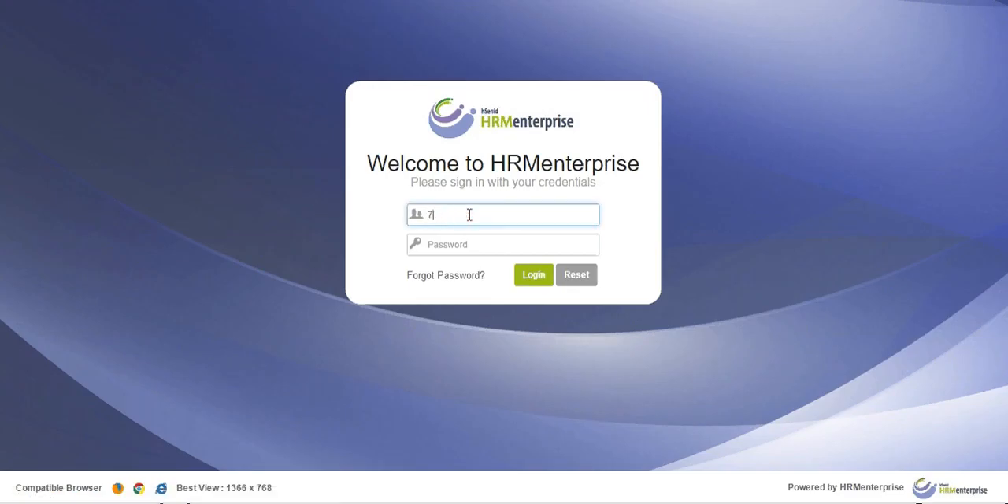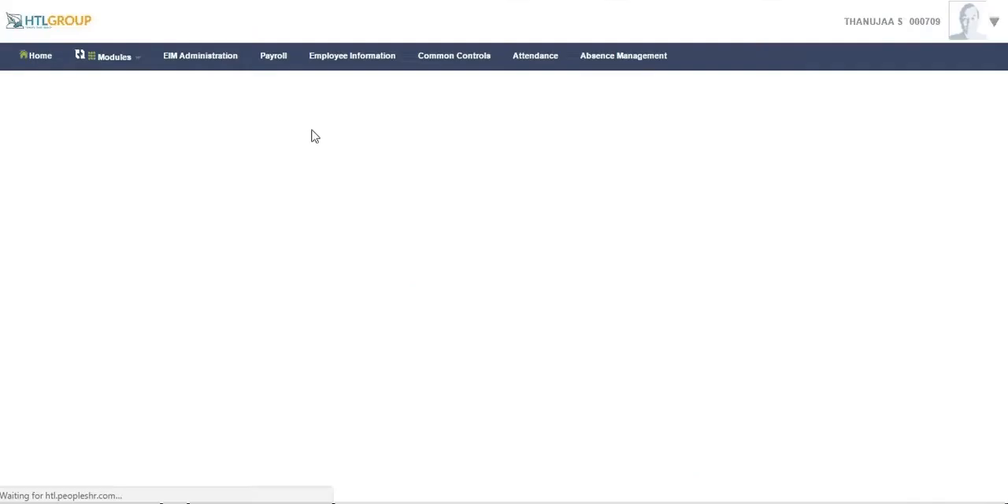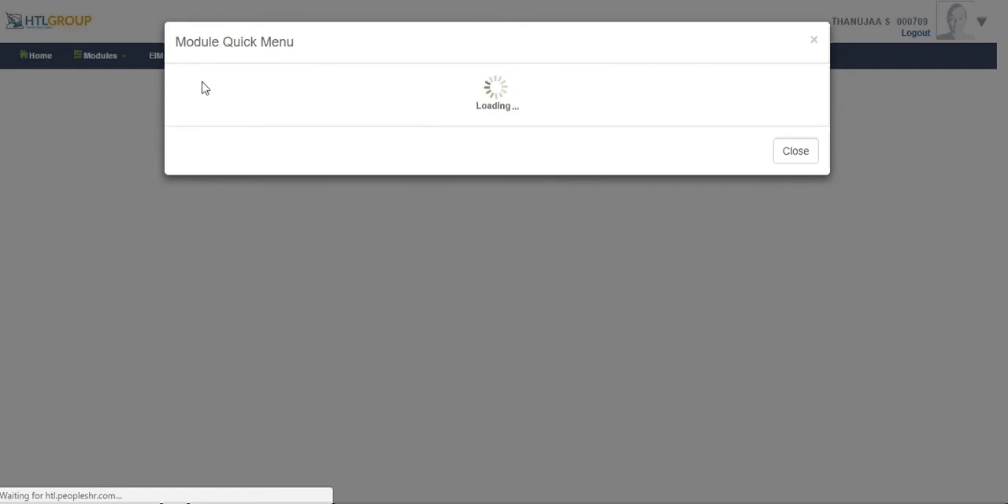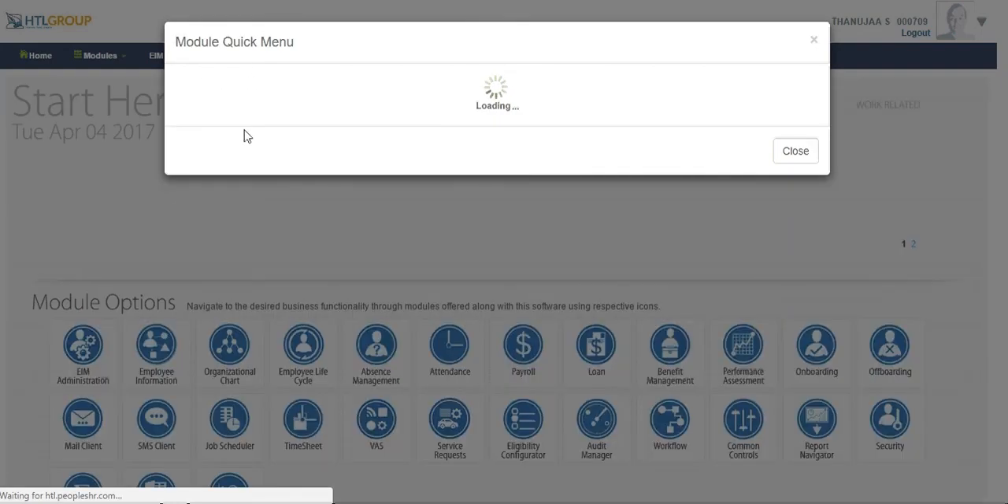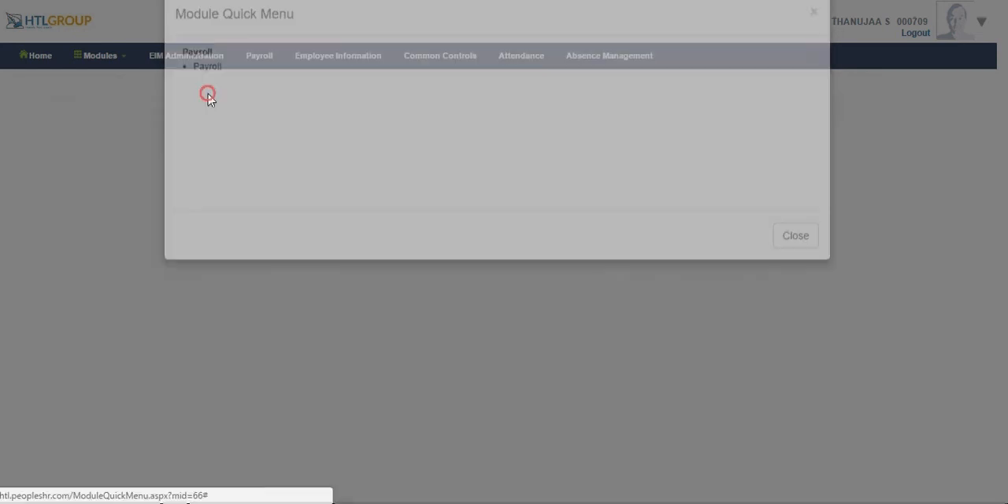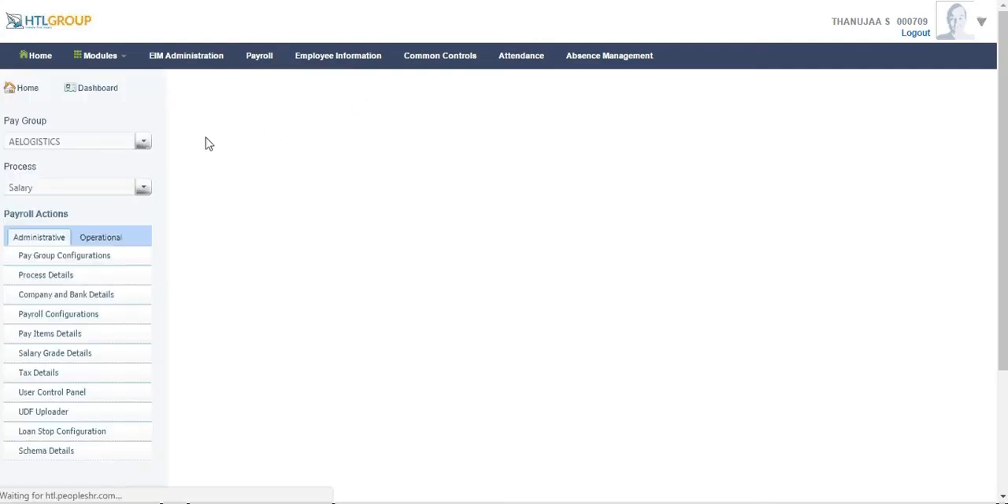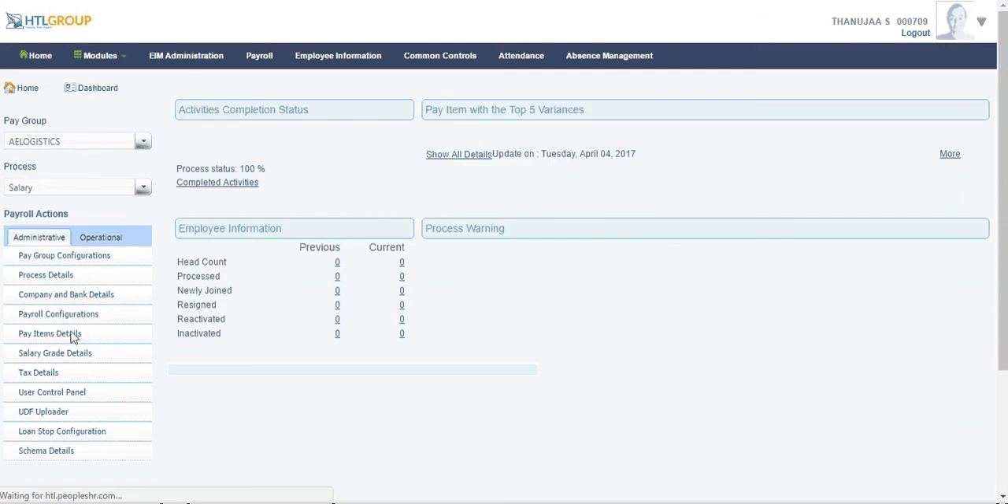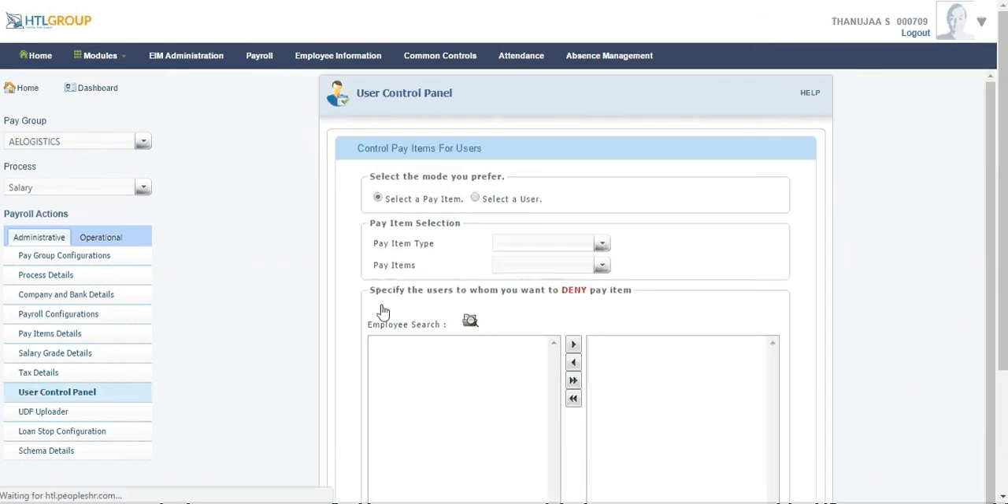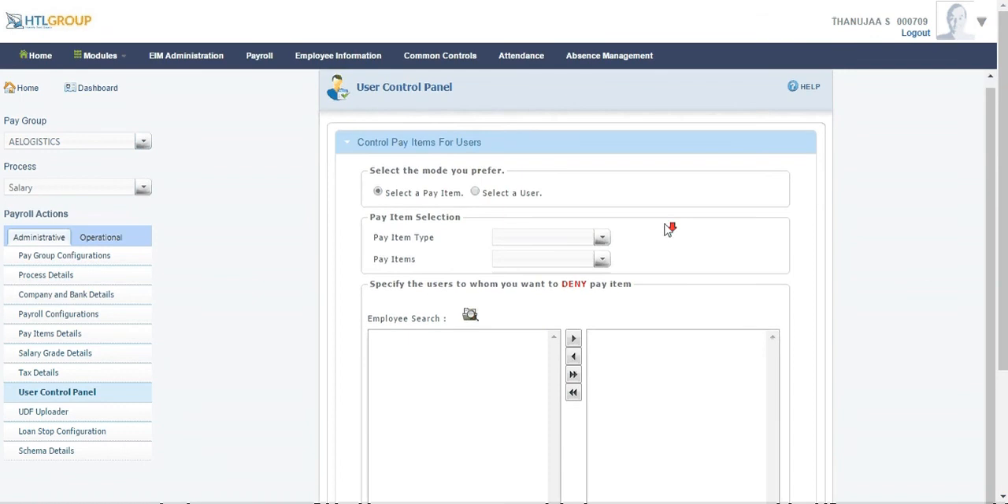And if you want to restrict the menus also in the payroll, the administrator should be able to do that. I'll show you that also. Let's say this Pramila only needs to have access to the processing part, operational. So you can control that also. This is Tanuja, she's the administrator. So using these,